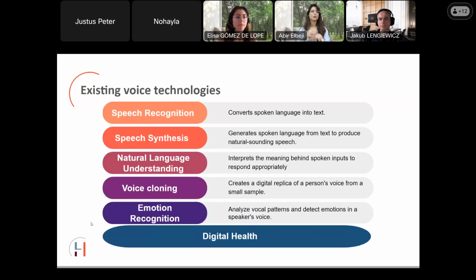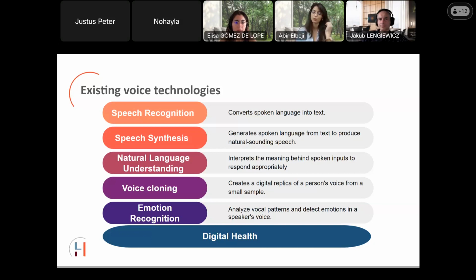Now, where can we apply these technologies, these kinds of predictions and methodologies? These are the commonly used and booming applications and existing technologies, like speech recognition that converts spoken language into text, speech synthesis, and natural language understanding, where we can interpret the meaning behind the spoken input and respond to it appropriately. There's voice cloning, which we discussed previously regarding ethics and how AI is taking over. There's the vocal cloning, where we can create a digital replica of a person's voice